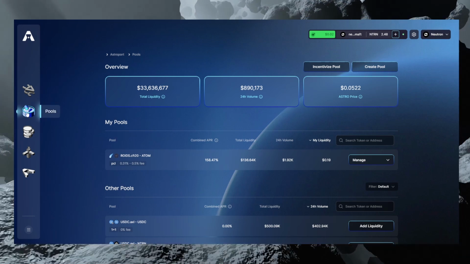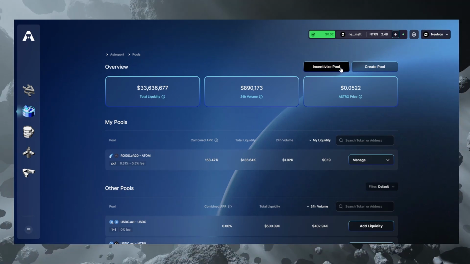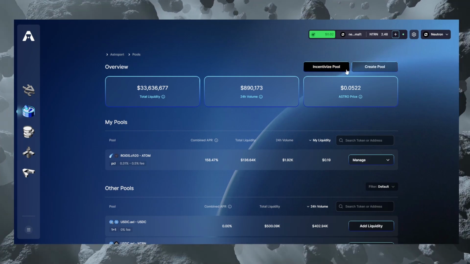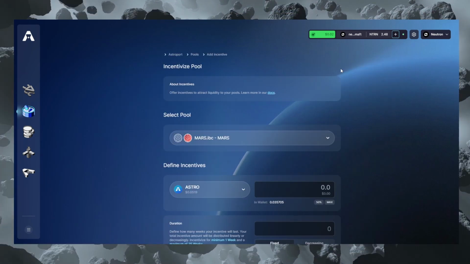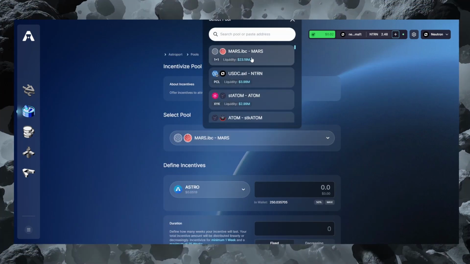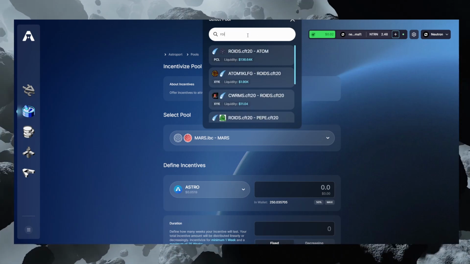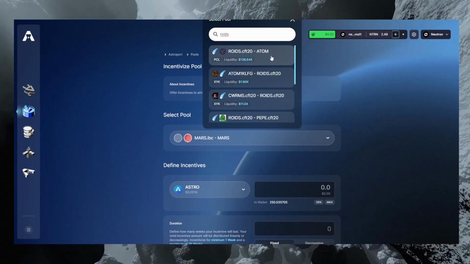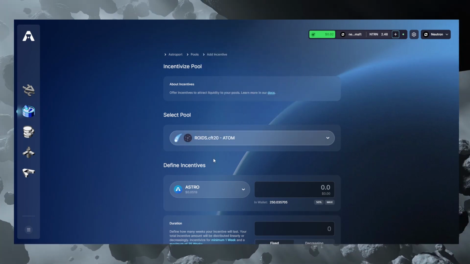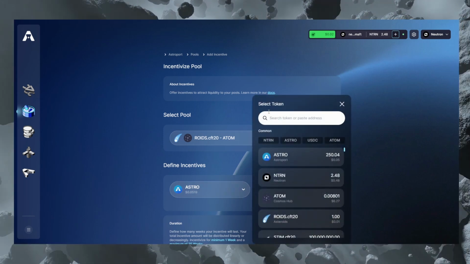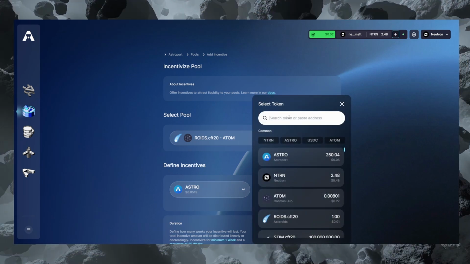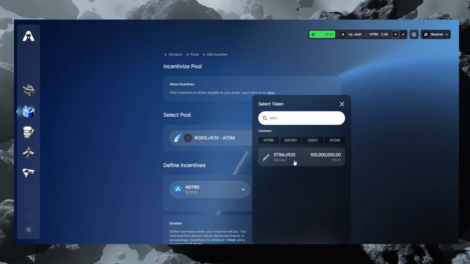Once on Astroport with a connected wallet, go to Pools, then Incentivize Pool. You can also select Create Pool to start a new liquidity pool. From here, search for an existing pool by entering your desired token's ticker symbol. Then choose the token you want to offer as an incentive and set the amount you'd like to allocate to